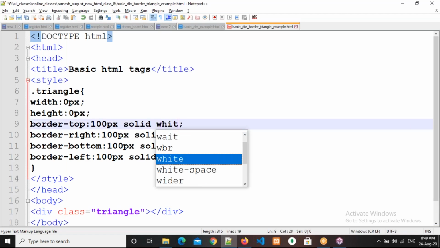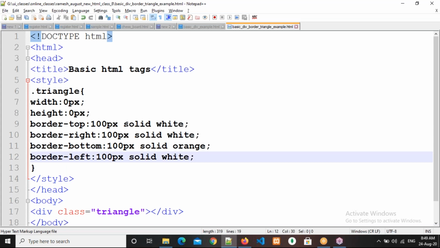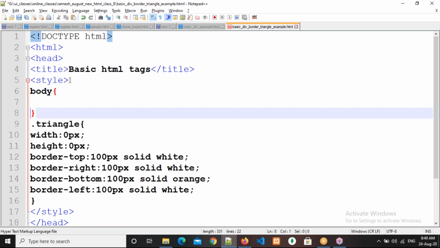I need to assign white color for all positions except orange, that means bottom. Now the triangle is coming. Suppose in future the client asks me to change the body background color to sky blue.